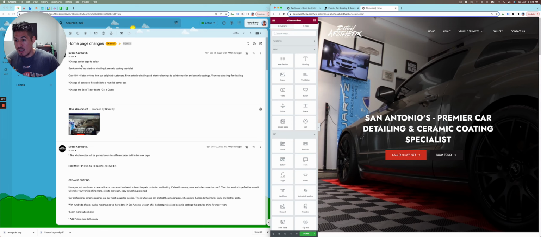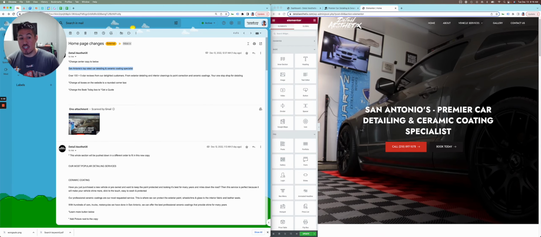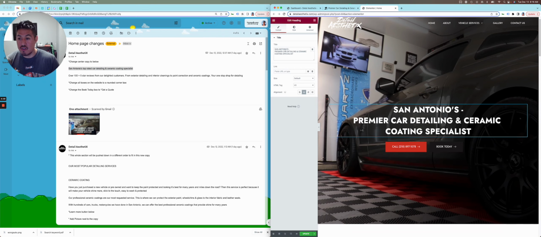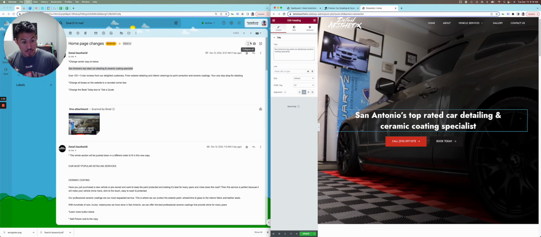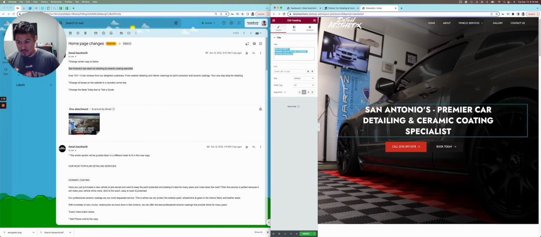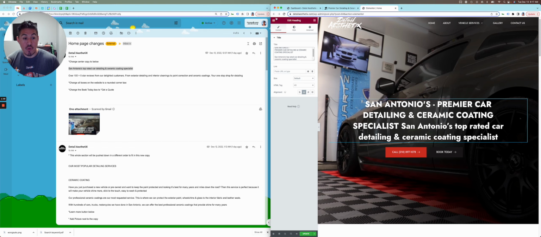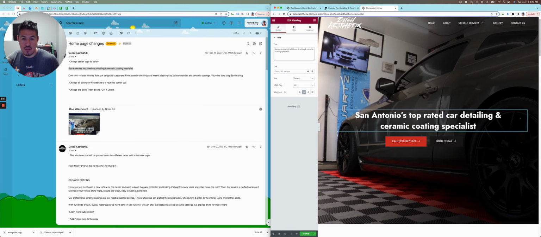So change center copy to below. San Antonio's top rated detailing and ceramic coating specialist. So in order to change text, all we're going to do is select this info, and we're going to paste it. But as you can see, it copied the styling of it. So what I'm going to do is hit Command-Shift-V, and it won't copy the styling of it. So now it's like this,